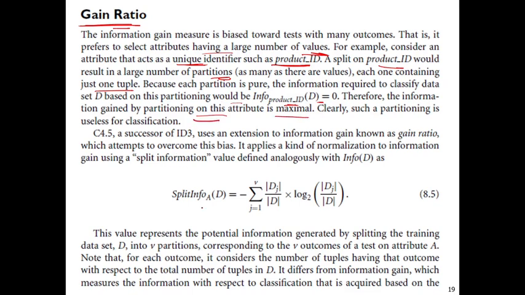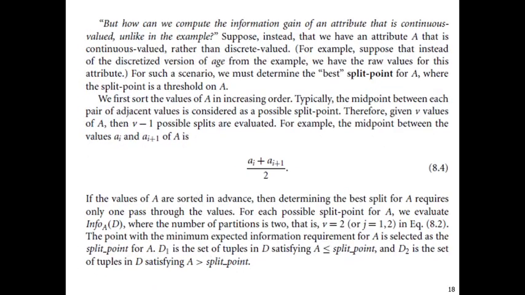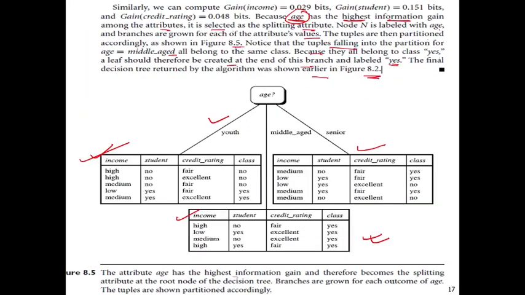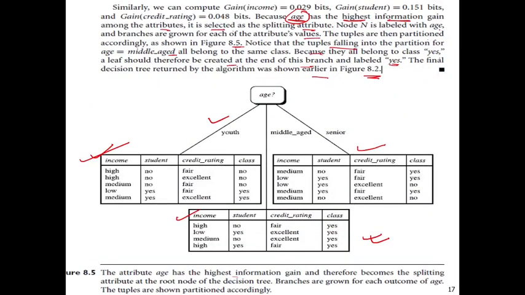These are next-level things they're telling, but the gain ratio of A is gain of A divided by split info of A. The attribute with the maximum gain ratio is selected as the splitting attribute. So now the discussion is about how to choose the splitting attribute, and what to do if it is continuous data rather than categorical data. But anyway, up to this much, I hope you